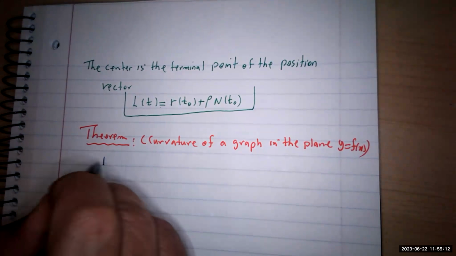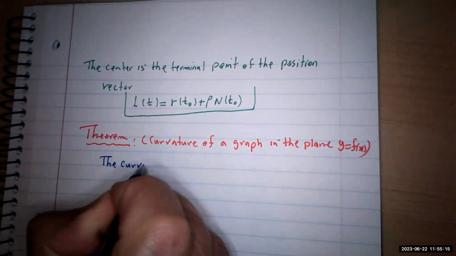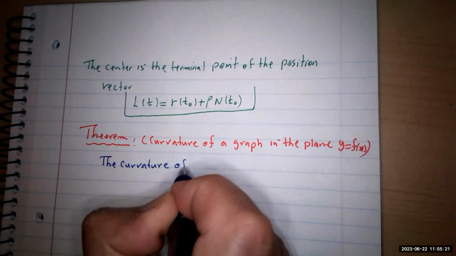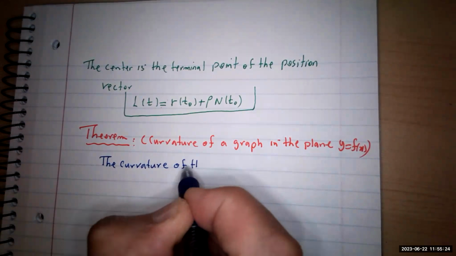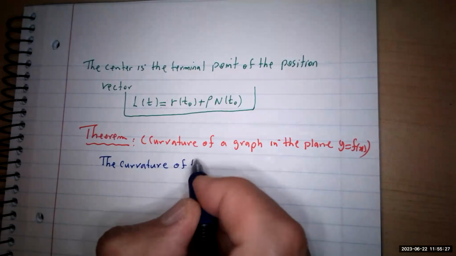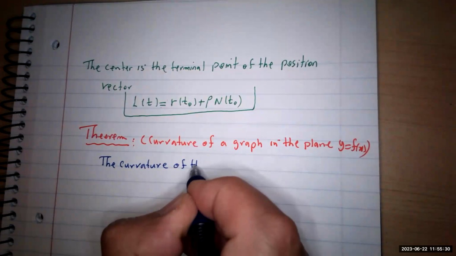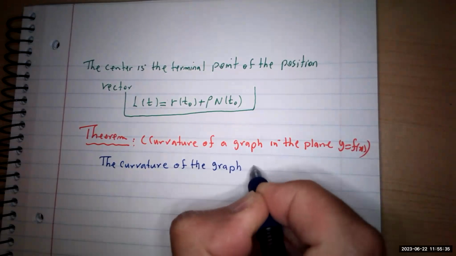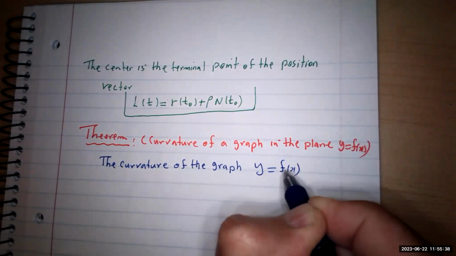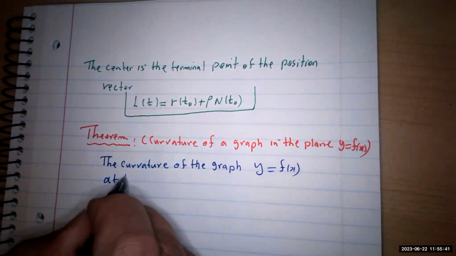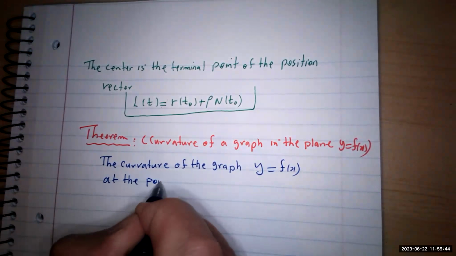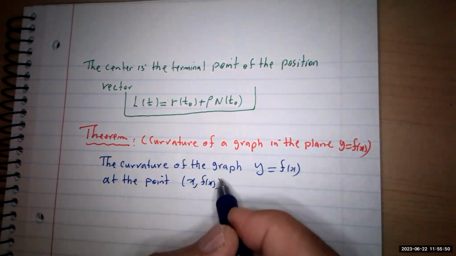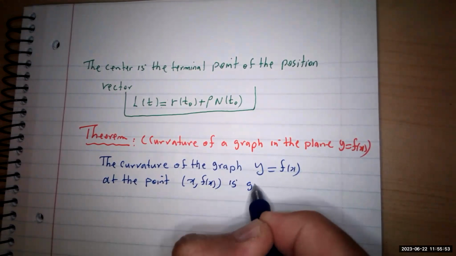So it can be proved that the curvature, let's say, of the graph y equal to f of x at the point x comma f of x in two-dimensional is given by,